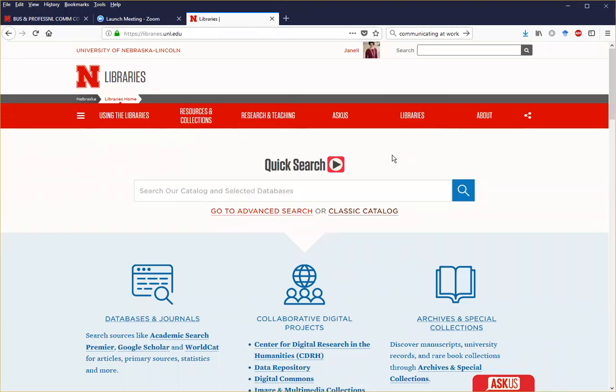Hi class, I just wanted to do a quick overview of the library system here at UNL for those of you using it. If you are searching for a book or topic or journal, you can use this quick search button. I will tell you that if I am looking for a book, I most often like to use this